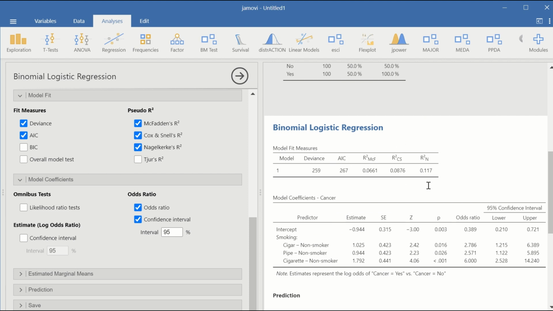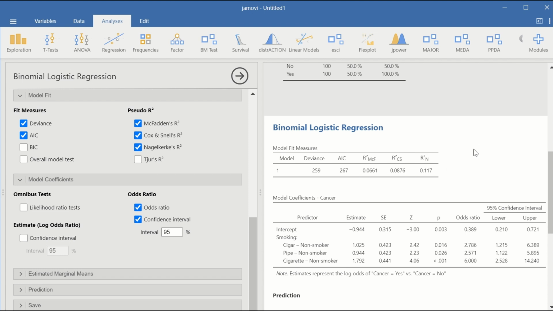Looking at this value here, which is the R square, it shows that 11.7% of the variation in the outcome can be explained by smoking habit, whether you are a smoker or non-smoker, smoking cigar, cigarette, and pipe. So 11.7% of the variation in the outcome, which is the possibility of getting cancer,